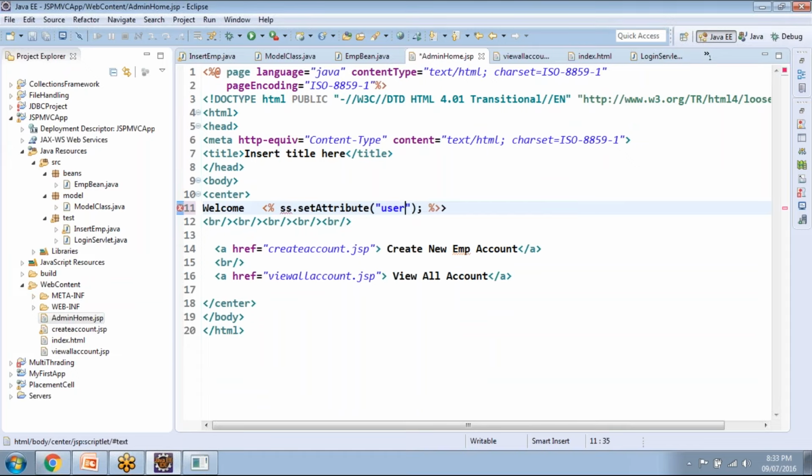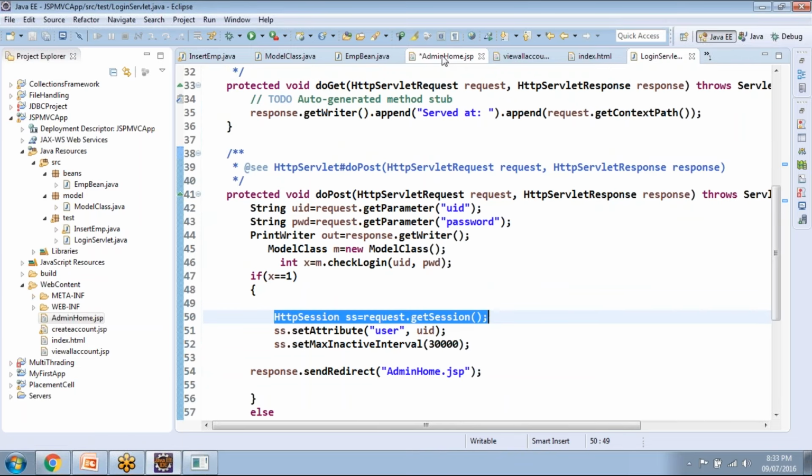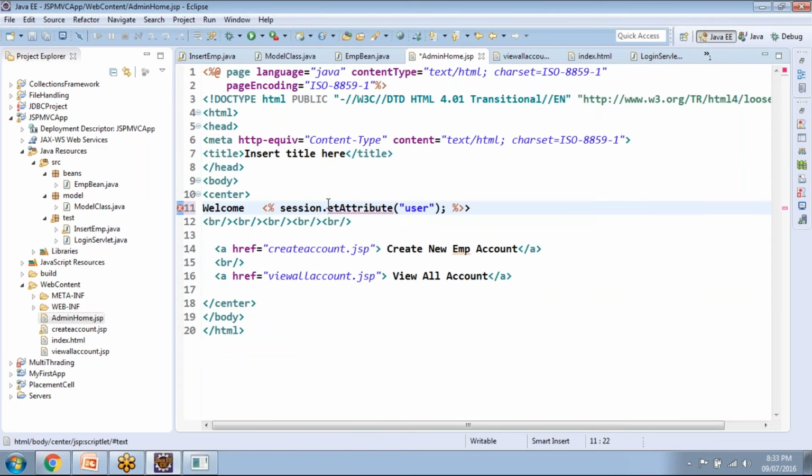This is a JSP page, so there is no need to create the session object. Session is an implicit object, meaning JSP already knows what a session is. Here in the servlet we need to create the session object, like HttpSession ss equals request.getSession. But in JSP, session is an implicit object, so no need to explicitly define it. Just retrieve the value UID,